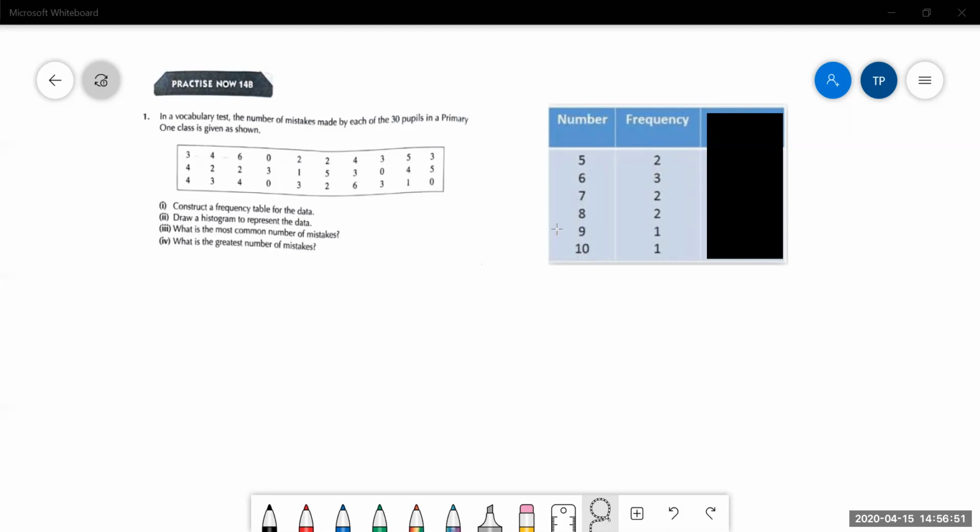So you see there are all these numbers here. Maybe we start with 0. So we have 1 zero, 2 zeros, 3 zeros, 4 zeros. Any more zeros? No more, right? Total, we got 4 zeros. So on the table,